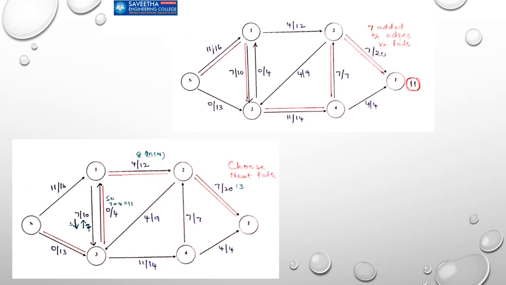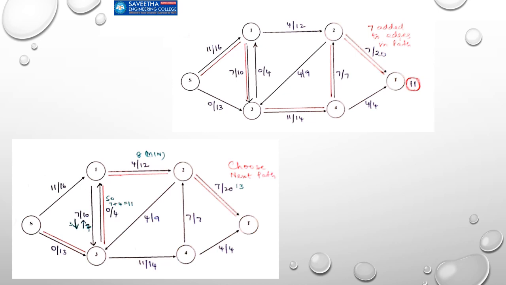Now the second path is over, so we will choose a third path. For the third path, I choose this path. Across this path, I have to find the minimum edge. This is 0; we have not considered this. When I come here, in this direction it is 0 of 4, whereas in this direction it is 7 of 10. If I take this direction, 3 is remaining in the downward direction because 7 is already occupied. So we can consider the opposite direction, that is going to be 7 out of the 10.